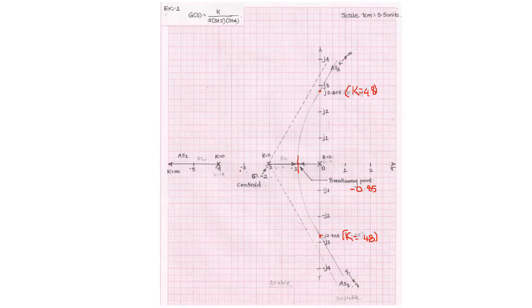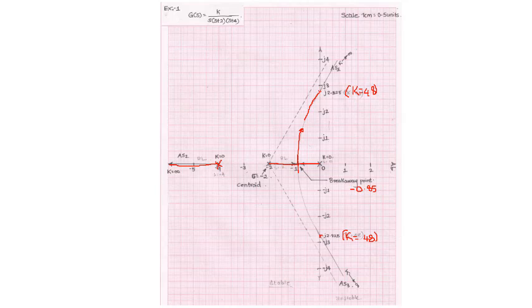Now there are 3 branches. One branch is going to start at s equal to minus 4 and it is tending towards infinity. So this is one branch. One branch may start from s equal to 0 and another branch will start at s equal to minus 2. So these 2 branches are going to break away. One will be tending towards the top, this part. You draw a freehand sketch, and it will be moving towards the direction in which the asymptote line is going to move. So it is going like this,